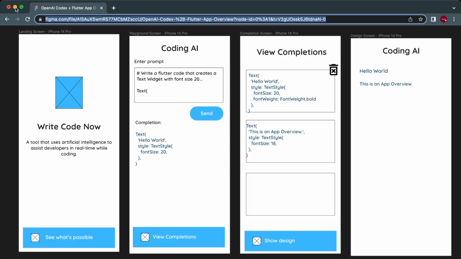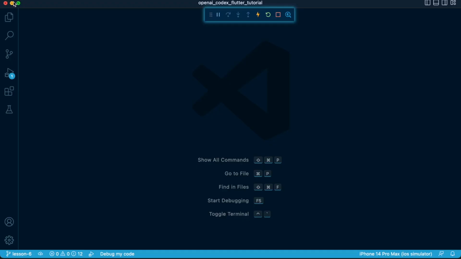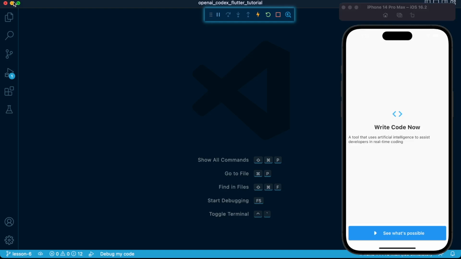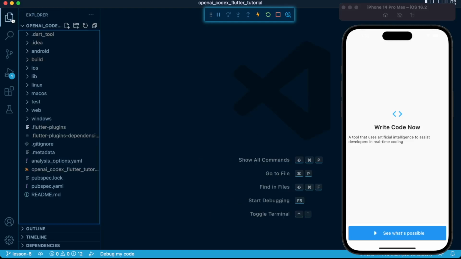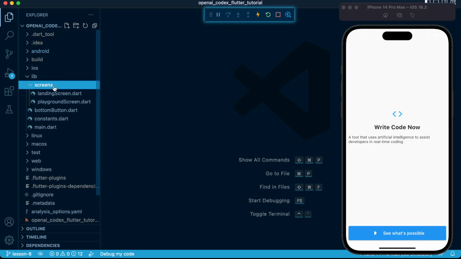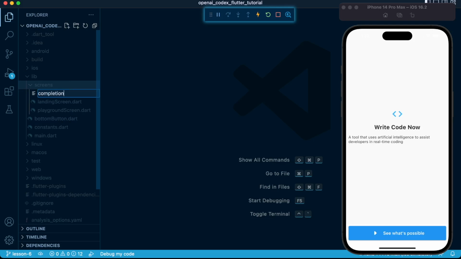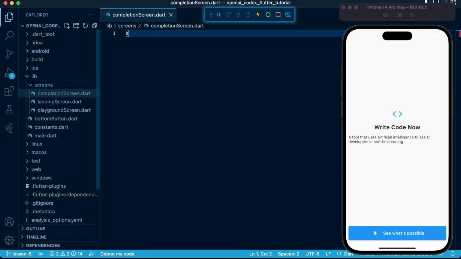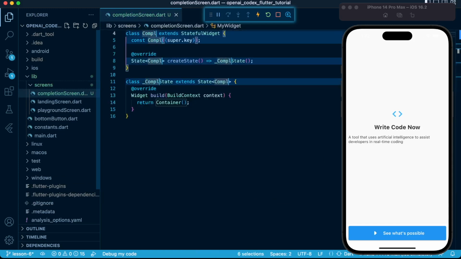Let's proceed to the next screen, which is the completion screen. The completion screen will be more of displaying the completions that we have received. It's basically a list of completions that we have received from OpenAI Codex, and we're going to play around with those completions in that screen. It will allow us to drag around the code completions that we have received, and which will also control the